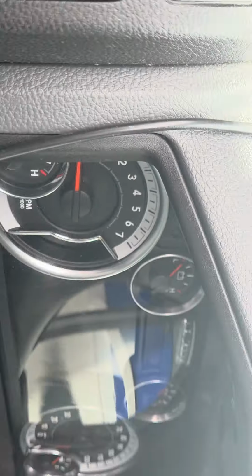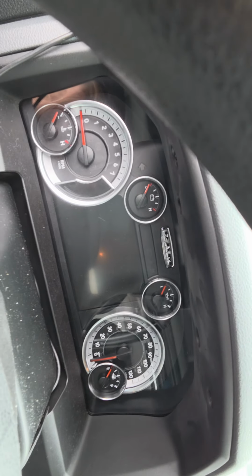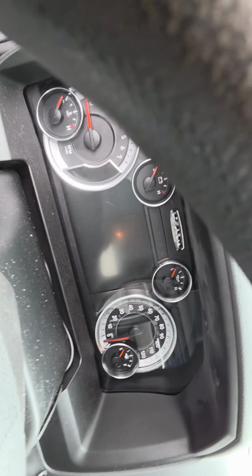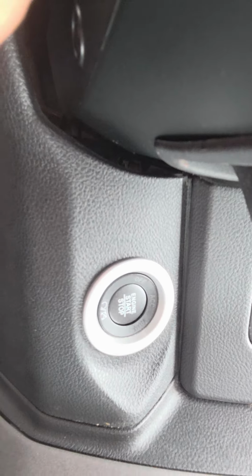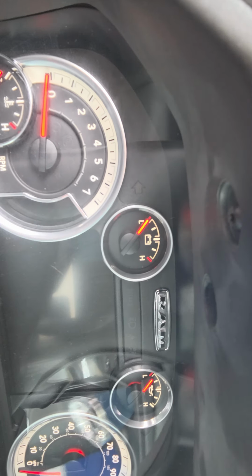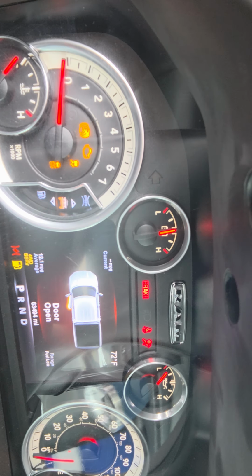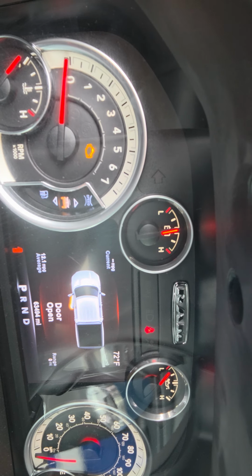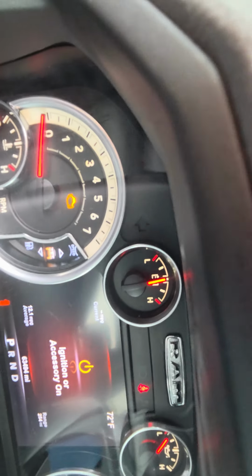And then I upgraded the cluster to the 7-inch. And then of course the push button start I have now. It'll tell you. Another thing I did too was